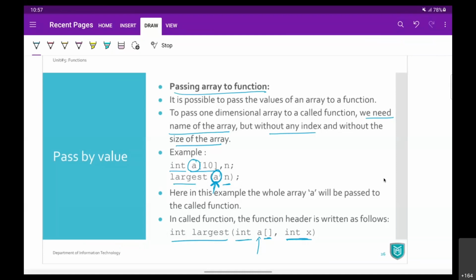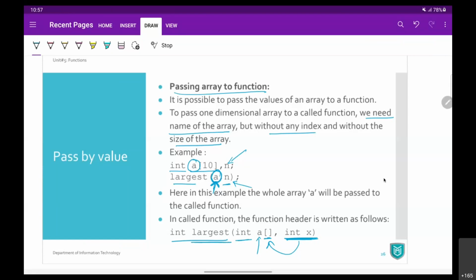along with the array, जब हम array पास करते हैं तो हम साथ में ज़्यादातर टाइम ये भी करते हैं कि नंबर ऑफ एलिमेंट्स पास करते हैं. So if we take n number of elements, तो हम n भी पास करेंगे so that inside our function हमें पता चले कि यहाँ पे हमें कितने एलिमेंट्स एक्सेस करने हैं. So A is the array, n is the number of elements. So we have received that array inside array A, and we have received the number of elements inside variable x here. Now once you have your function, you can do whatever you want.